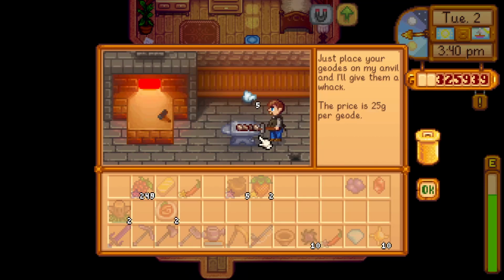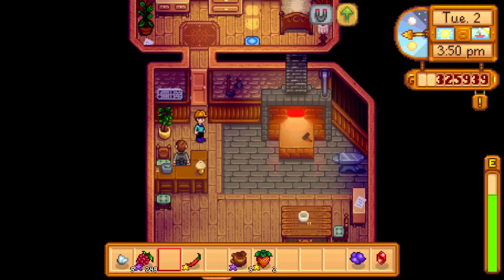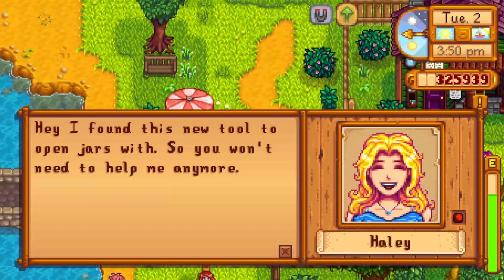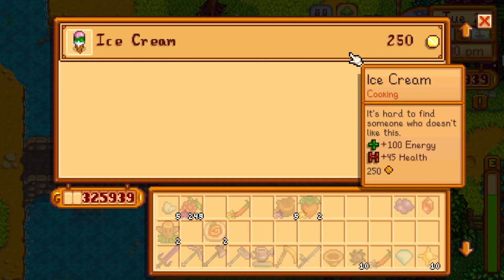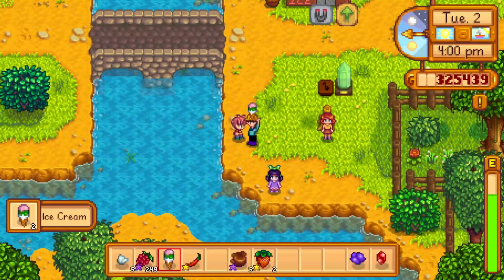So, we're going to just smash open that geode, and I'm going to hand over a gold bar to Clint. Happy birthday, Clint. No, it's not actually a birthday, but have a nice bar of gold. Well, that's nice to know that you've managed to find something that will make your life easier. Although the jar opening